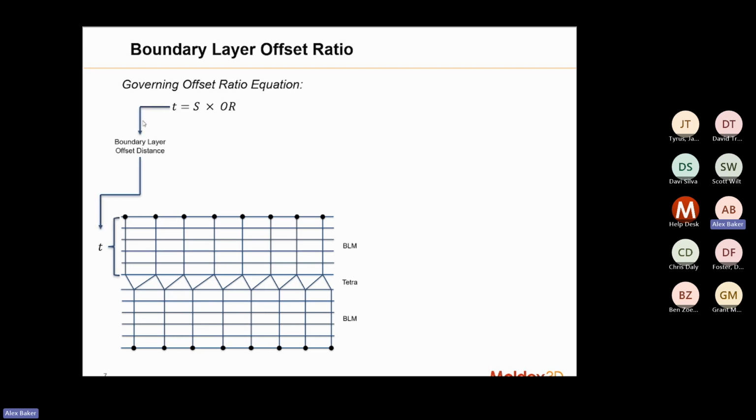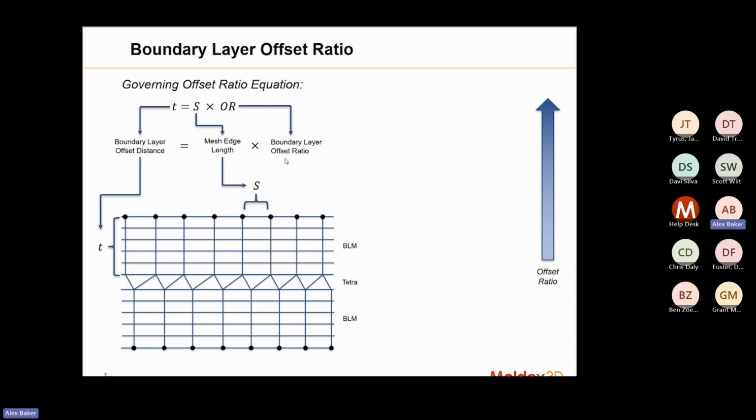It's T equals S times OR, where T is the boundary layer thickness. S is the mesh edge length. You can kind of think of this as the node seating. And then OR is the offset ratio, which is kind of like the scalar parameter. Actually, if you were to rearrange this equation, you would get offset ratio is a ratio between the boundary layer offset distance and the mesh edge length. So if I had an offset ratio of 1, for example, that means that my boundary layer thickness is equal to my node seating,